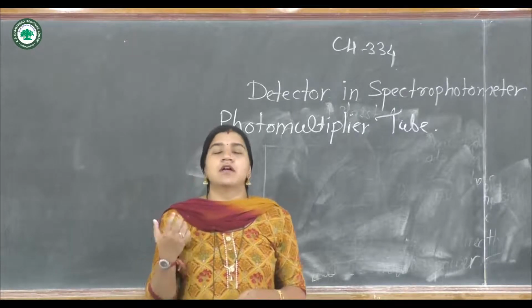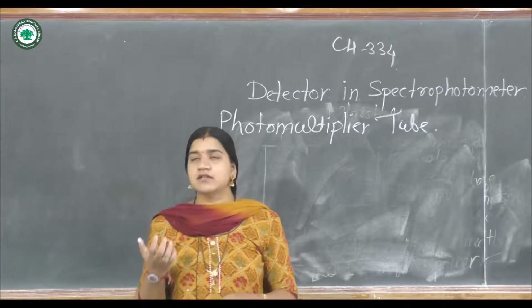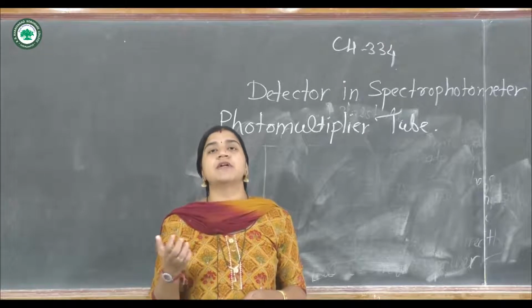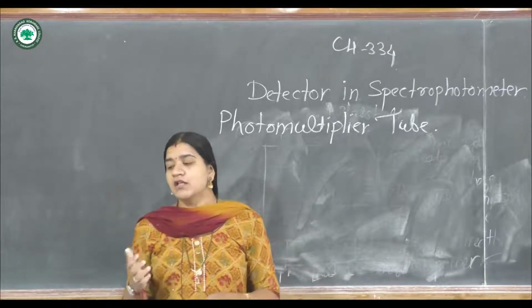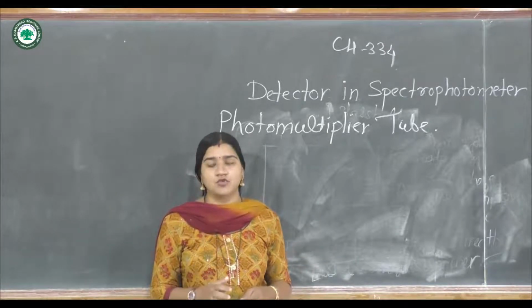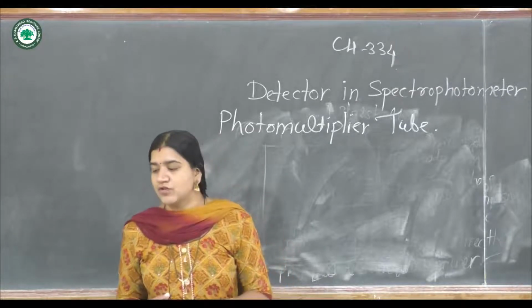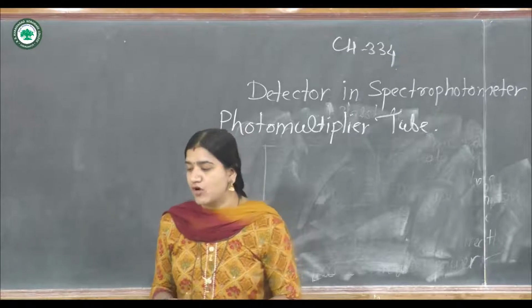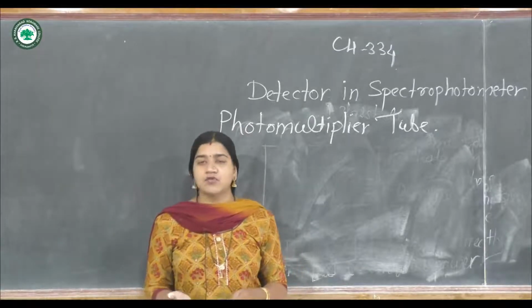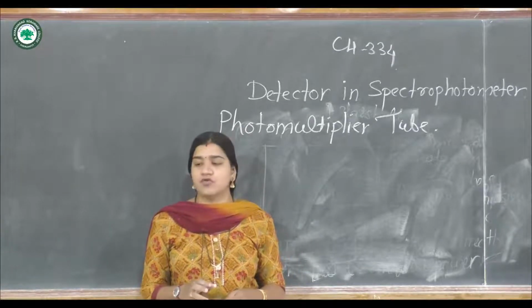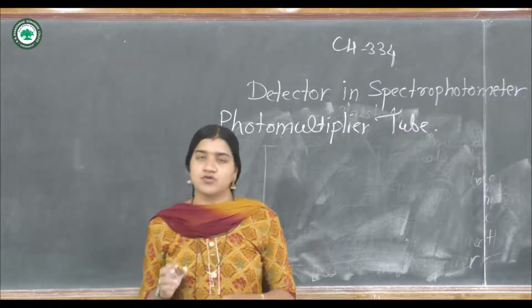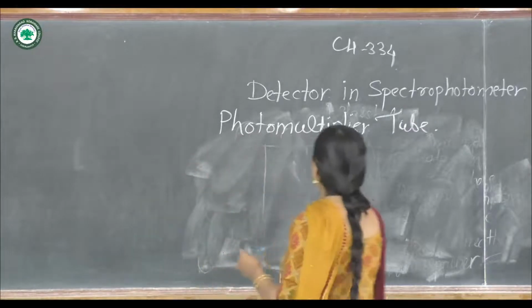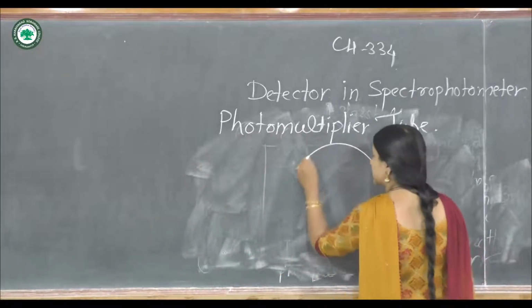If you see the cross section, the photomultiplier tube usually consists of 9 diodes. So what are the diodes? A photomultiplier tube consists of a cathode and an anode and the additional electrodes which are known as the diodes. So how it actually looks, if you see the cross section,